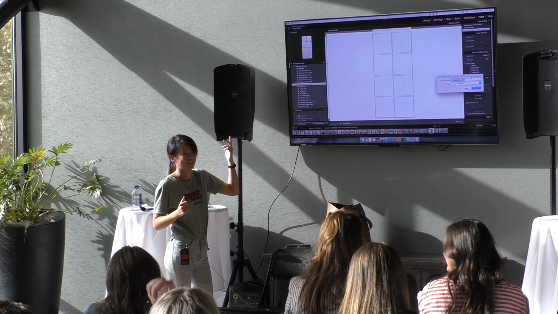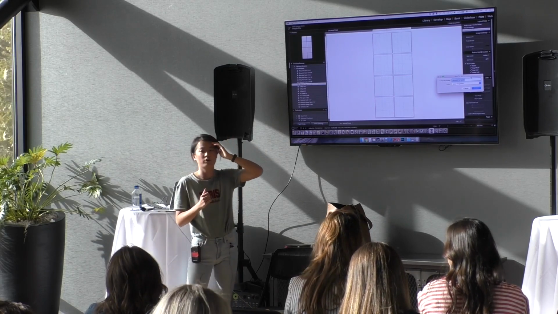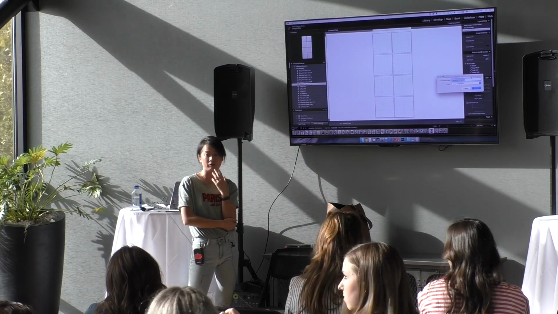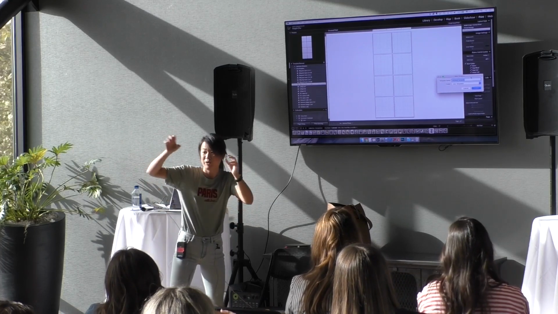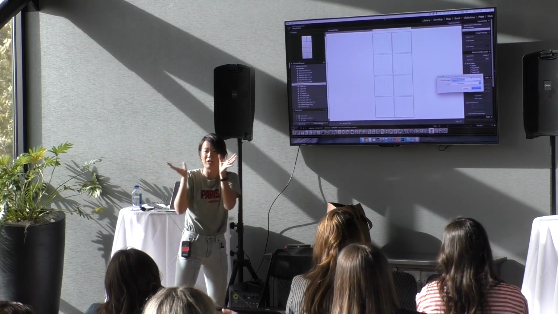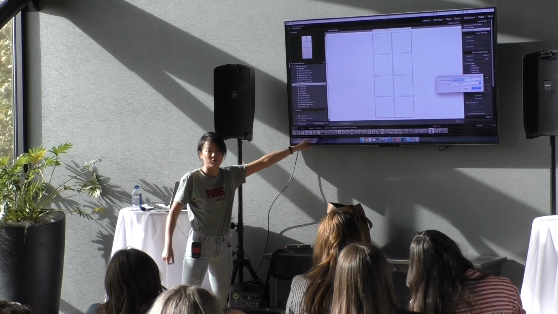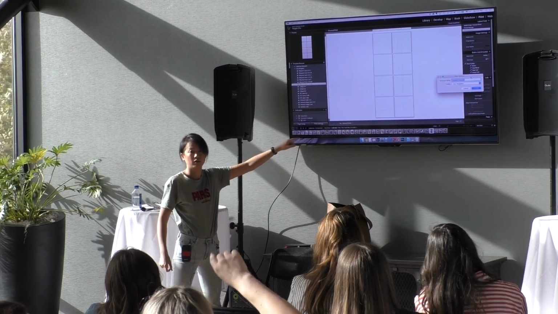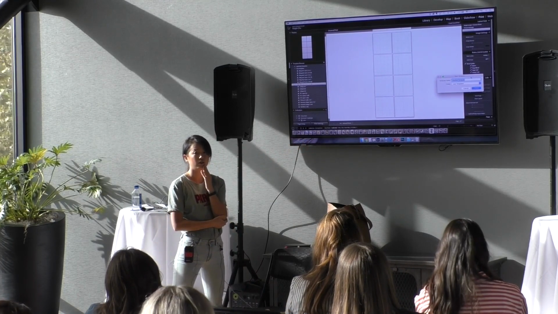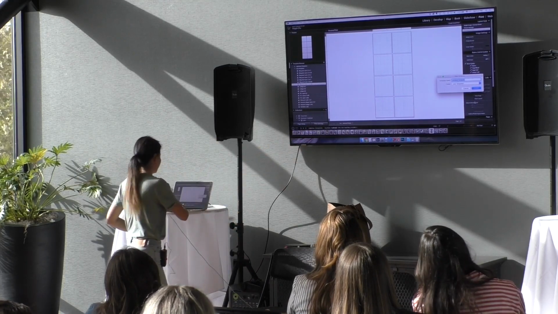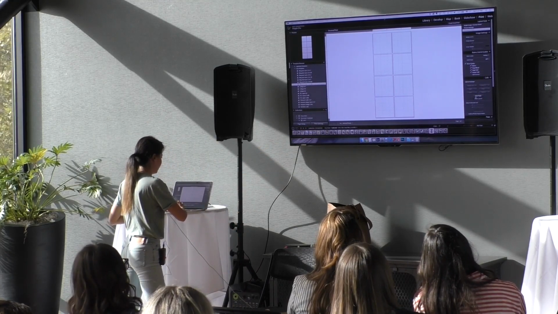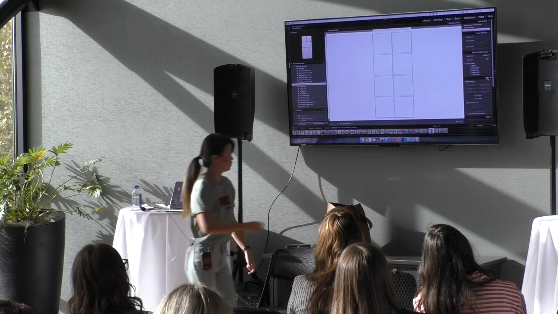It's easier to do this in Lightroom than in Photoshop, because in Photoshop you have to put all your pictures in, crop them, and align everything. This is so much faster. I think I missed that. How did you get multiple cells, like those squares? You can add them by clicking on here. These are called cells.